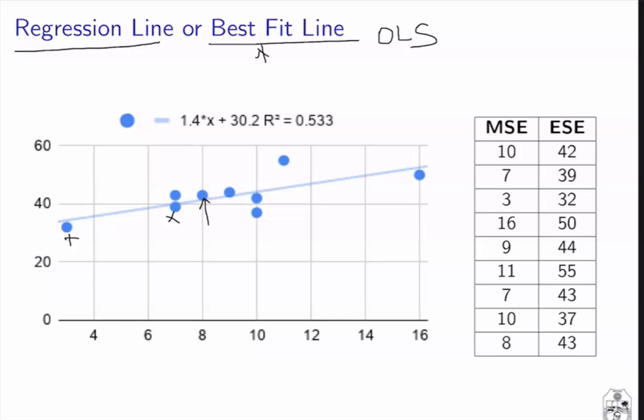Like the OLS method, the gradient descent algorithm also tries to find the equation for the regression line or the best fit line. And here I am explaining the gradient descent algorithm with respect to our running example of predicting the end semester marks from the mid semester marks. Here the end semester marks are the output and the mid semester marks are the input.